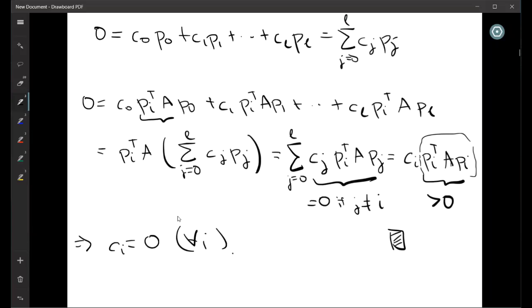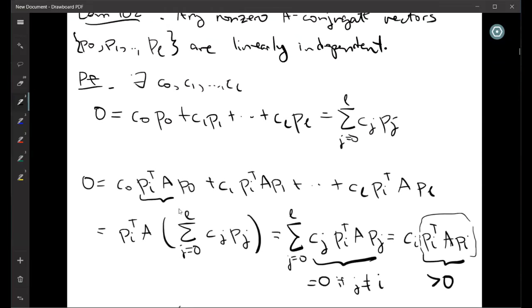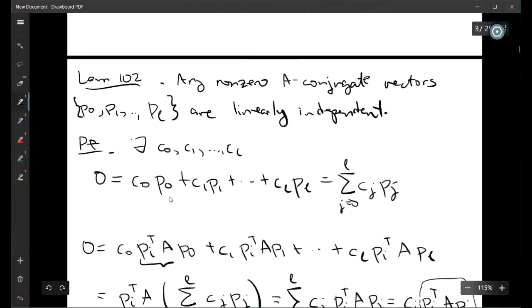So going back to that set of non-zero A-conjugate vectors, we can now write this minimization problem here, because this one has become a problem in terms of the alpha_i's. So by number 2, we can now write